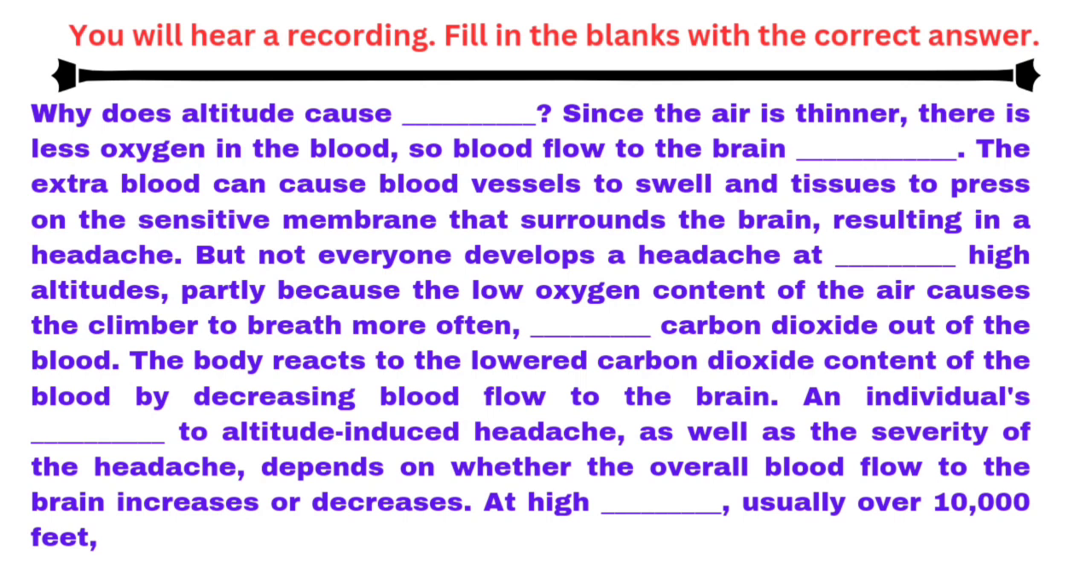But not everyone develops a headache at moderately high altitudes, partly because the low oxygen content of the air causes the climber to breathe more often, forcing carbon dioxide out of the blood. The body reacts to the lowered carbon dioxide content of the blood by decreasing blood flow to the brain. An individual's susceptibility to altitude-induced headache, as well as the severity of the headache, depends on whether the overall blood flow to the brain increases or decreases. At high altitudes, usually over 10,000 feet,